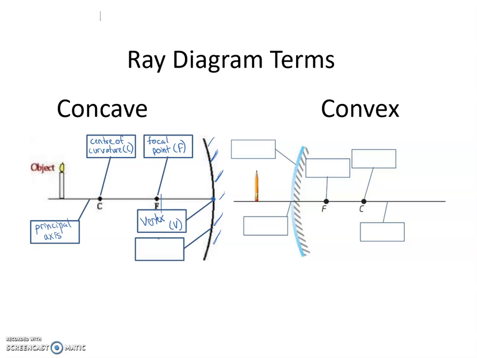This point right here, we label with a V, and that is the vertex. And then the last thing I want you to notice here is obviously the mirror is there. On the other side, we have a convex mirror, and what's special about a convex mirror is that the focal point and center of curvature are actually behind the mirror. Some people wonder, why can't it be in front? Well, that all depends on the curvature of the mirror. Because it's curving backwards in this case, the focal point and center of curvature have to be behind the mirror. So let's label the focal point F, center of curvature C,